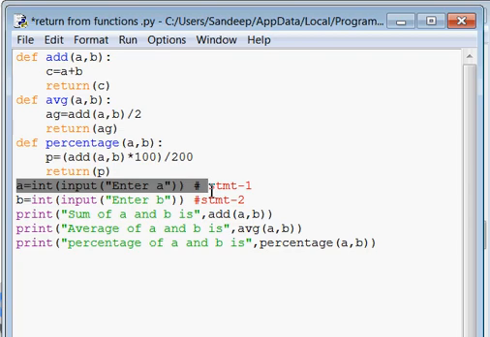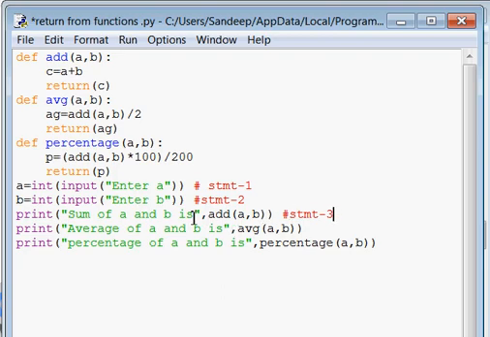This statement will ask for a value for a, and the next statement is enter b. So the next statement that will be executing is this one, and it will ask for another value for b. After this, statement 3 will execute.